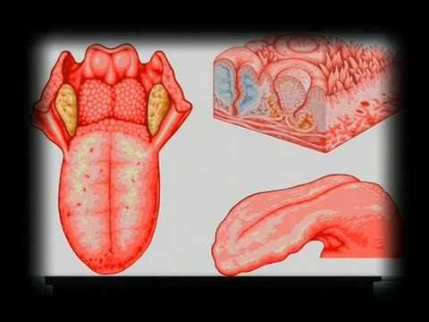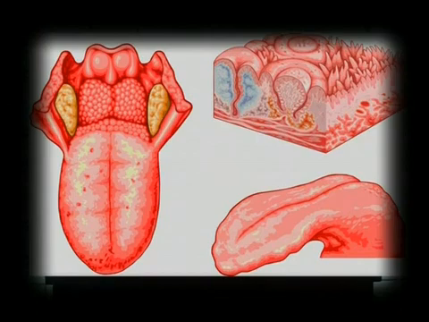First, circumvallate papilla. These are the largest of the papilla found in our tongue. These are about 1 to 2 mm in size, and their number is about 8 to 12, and they are arranged in an inverted V-shaped form. If you observe your tongue in the mirror, you can see at the back of the tongue, the circumvallate papilla are there in an inverted V shape.